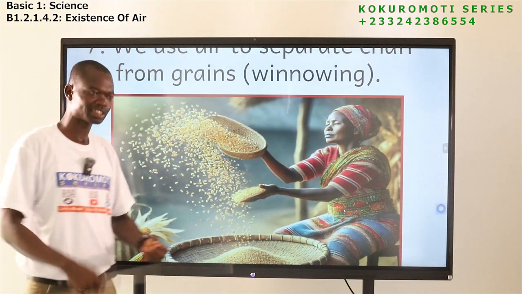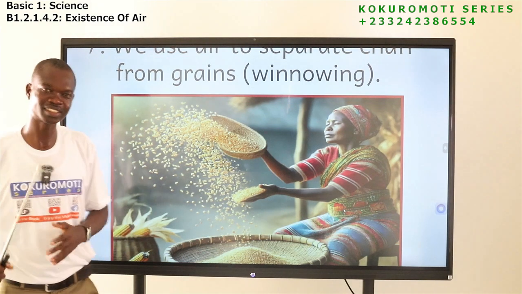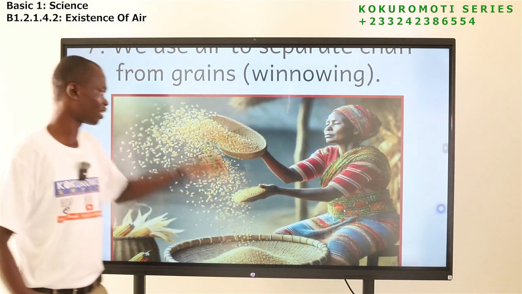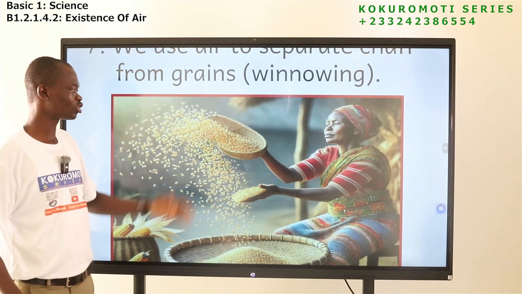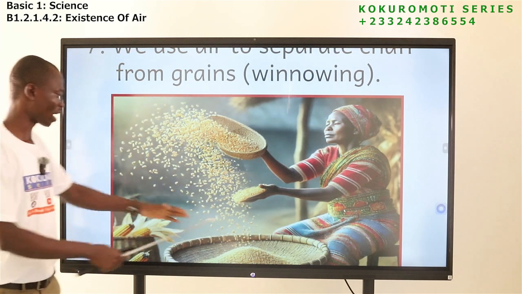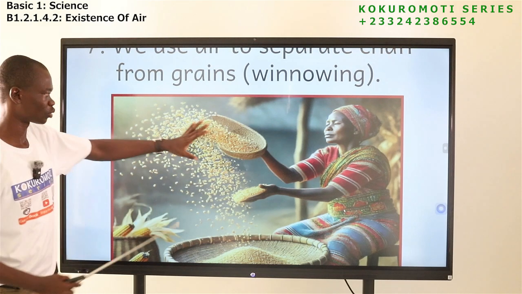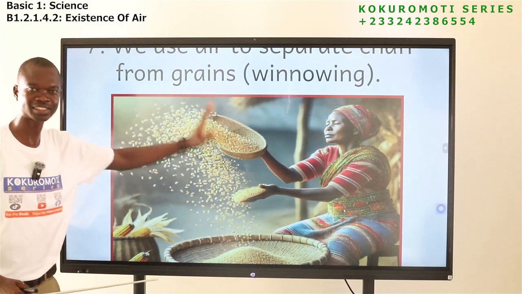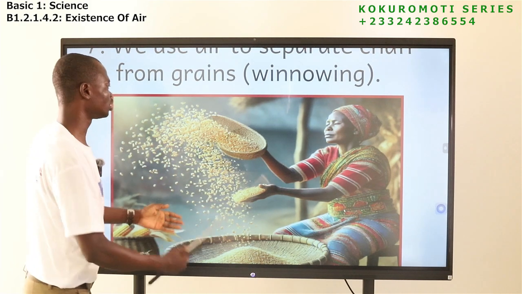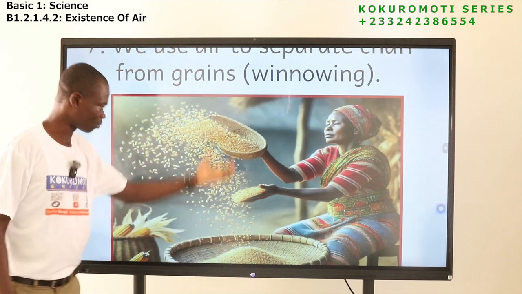The other particles, we don't consume them, we don't eat. So they need to get it separated from the actual main grains. So what they do is that they get two different bowls. One will be placed down here, and then they will fill the other with what? The maize that has the chaff or the particles that we don't want. So they will raise it and then pour it. As they are coming,